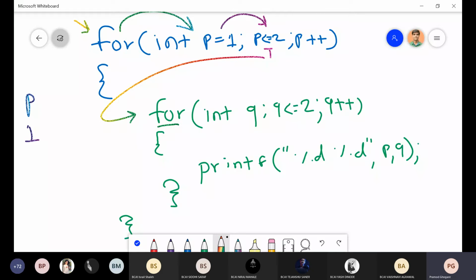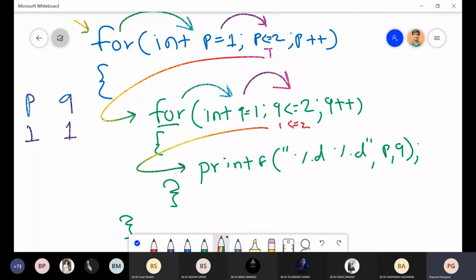Now once again we got the for keyword, means it will create a for loop. Now the first step is initialization of q, that is int q, q is equal to 1. I forgot to write it here, sorry. Now q is 1. Now it will come to the condition. 1 is less than or equal to 2, the condition is true, so it will enter into this part.